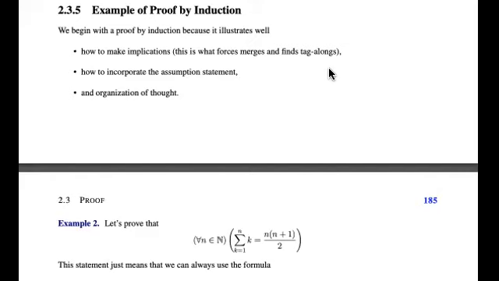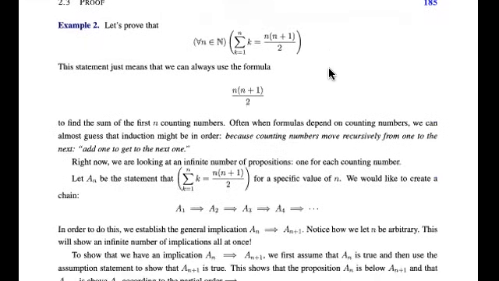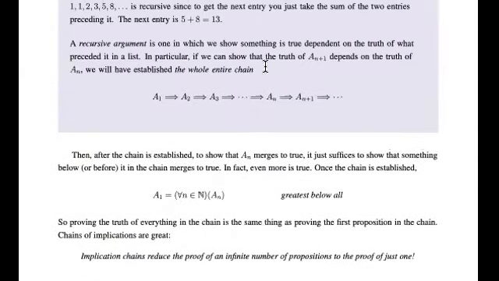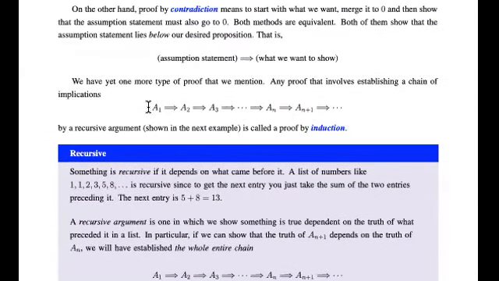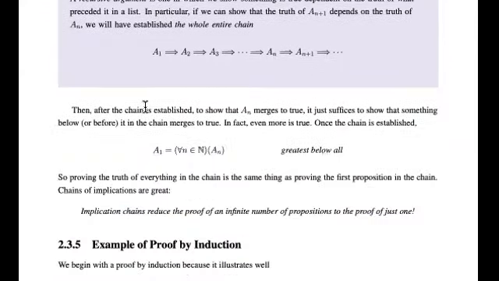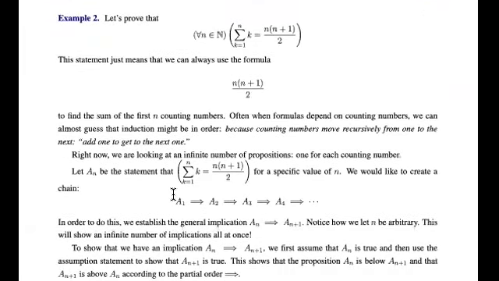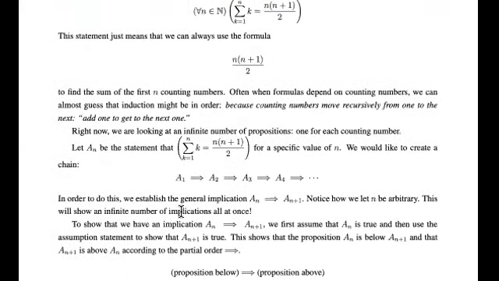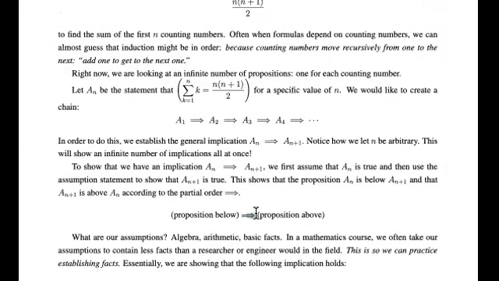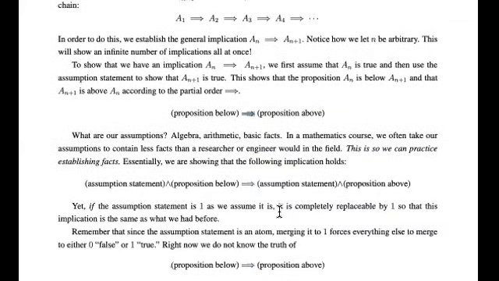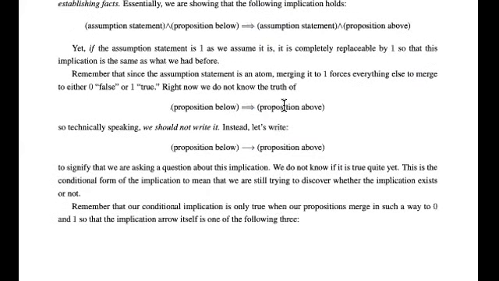Okay, so we're going to be looking at an example. And remember what we're doing. We're trying to establish that a whole chain of implications exists and that the first guy in the chain is true. Throughout, I give some reading and tidbits which help us think about the mechanics of what's happening within the power set, and how to think about propositions from below to above and what that means in making implications, or even thinking about this conditional statement